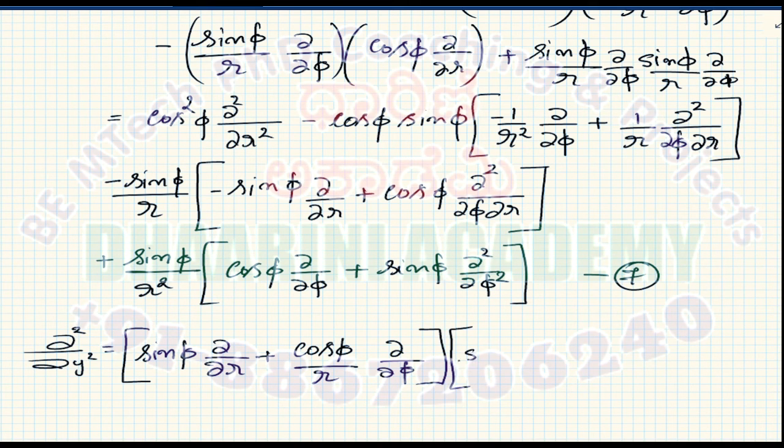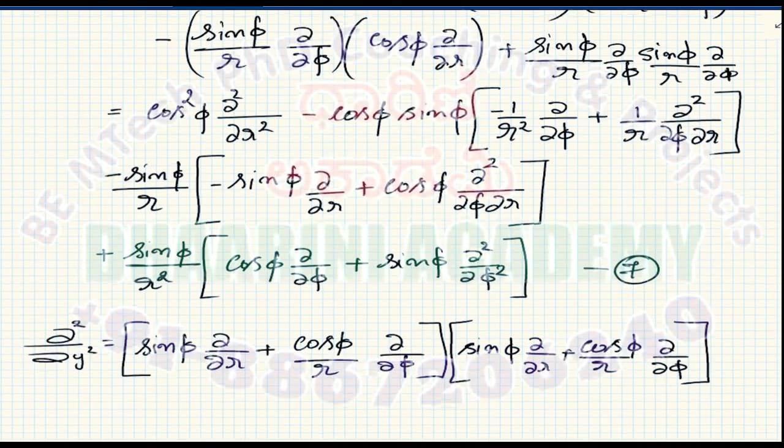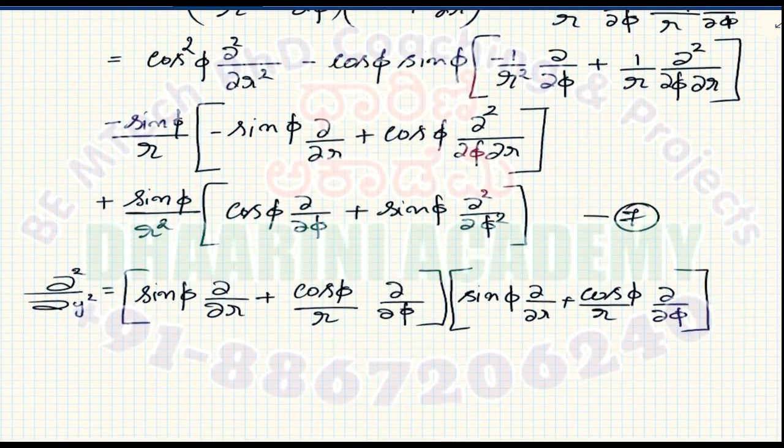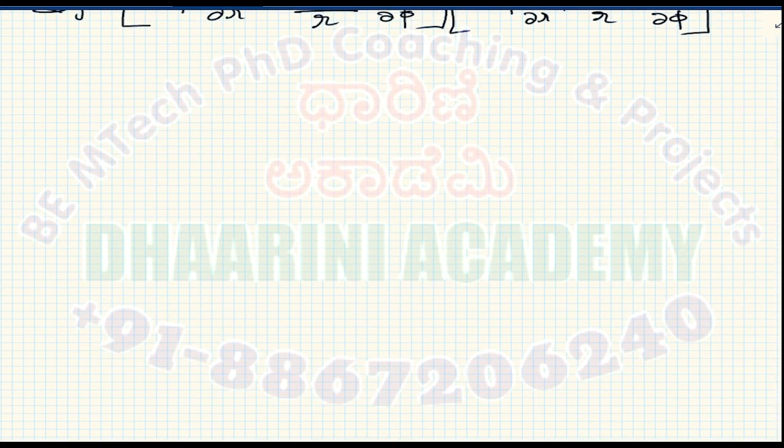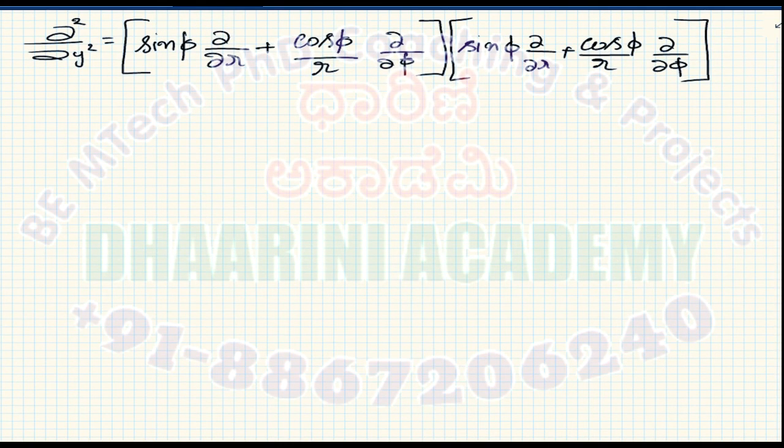Okay, that is sine phi dou by dou r plus cos phi by r into the dou by dou phi. Okay, let us expand in a very similar fashion. So this is equal to sine phi dou by dou r into